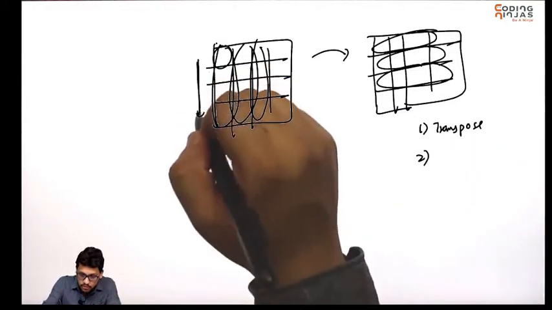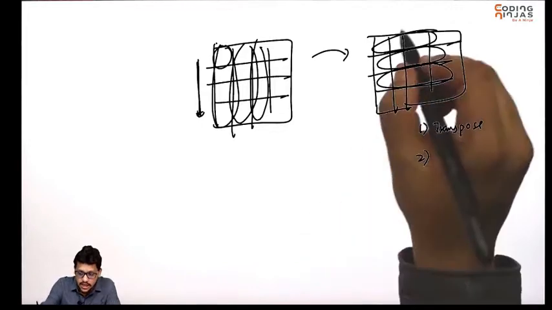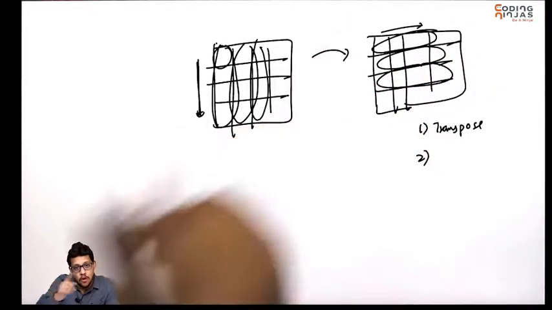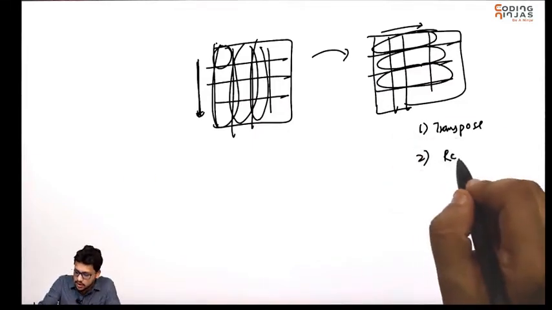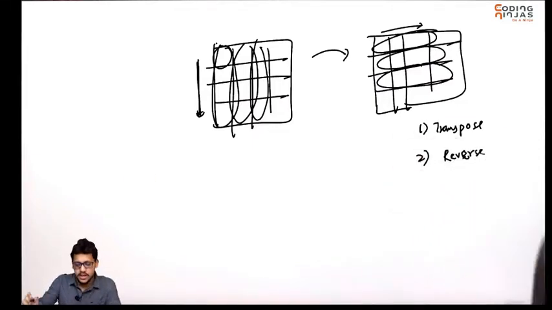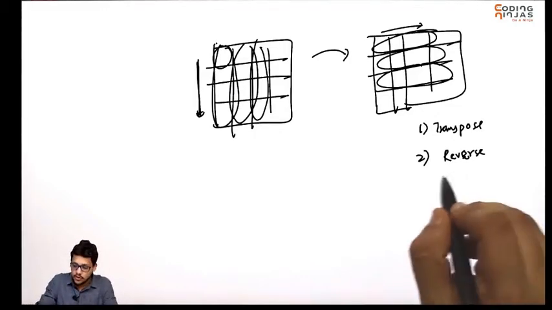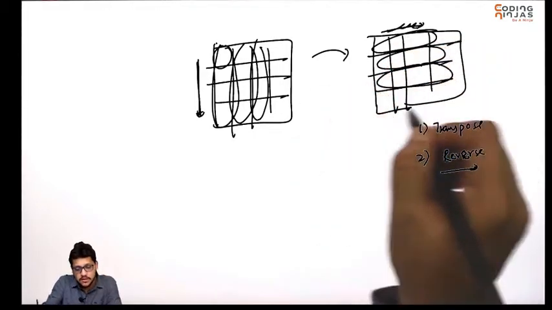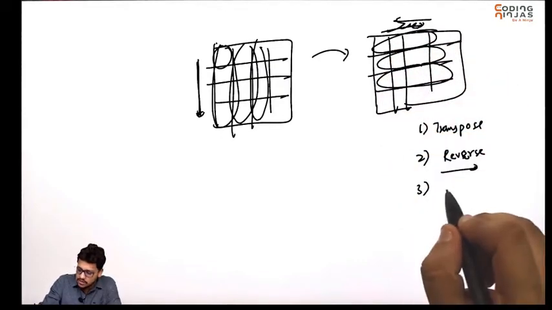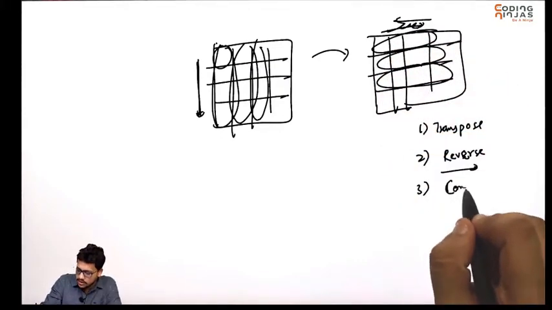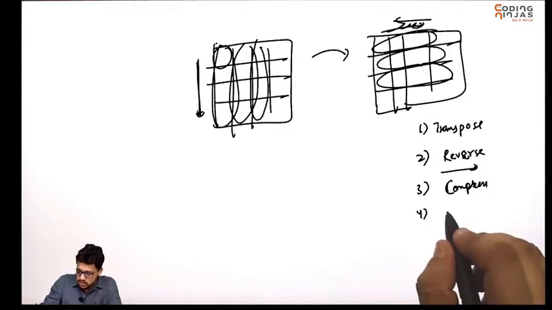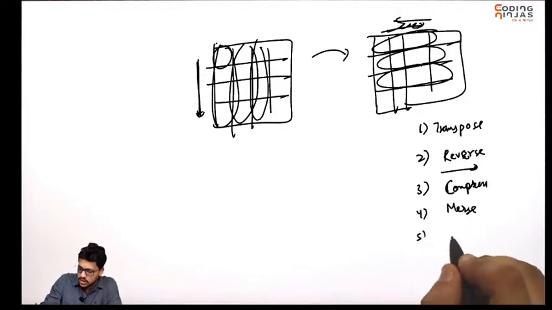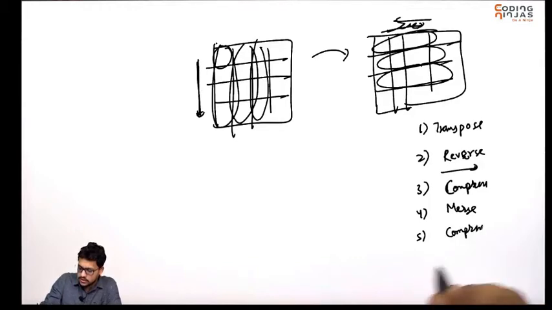Second, you need to make a movement like this. This is just like making a right move in this. For making a right move, what you had done was reversing the matrix, just reverse the matrix for now, because we need to apply the same logic as in the case of compress, merge and left, same as left logic. Okay, so we will reverse it. Now this has been reversed, we need to make a left move in it. So that will be, again, compress first, then merge, then again compress.